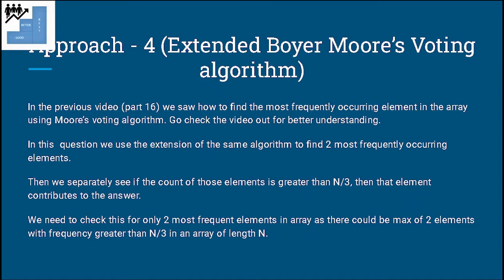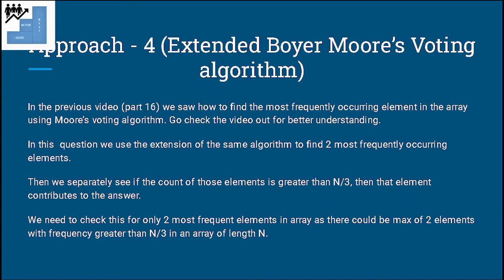So in part 16 of the video, we have seen Moore's voting algorithm, and what it did was it just found out the most frequently occurring element. In this particular algorithm, which is the extension of Moore's voting algorithm, we will just tweak that particular algorithm to find two most frequently occurring elements,